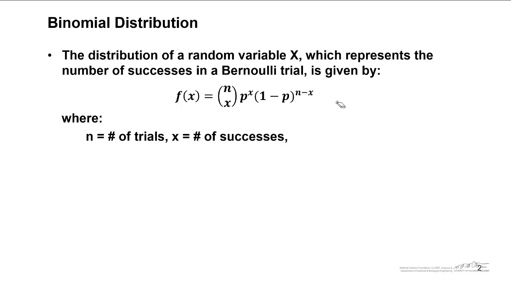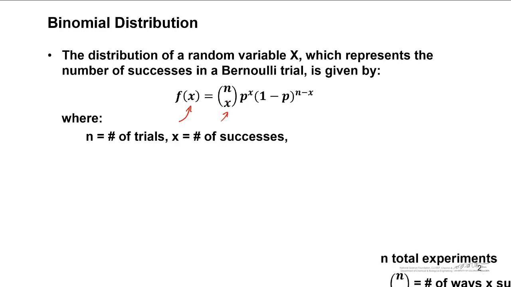The binomial distribution of a random variable x, which represents the number of successes in a Bernoulli trial, is given by this formula. The important thing here is that n is the number of trials, and that's fixed. So that's a fixed number, like 10 trials, 20 trials, 100 trials. X here is the independent variable, and that's the number of successes. So x is what goes into the binomial distribution function,